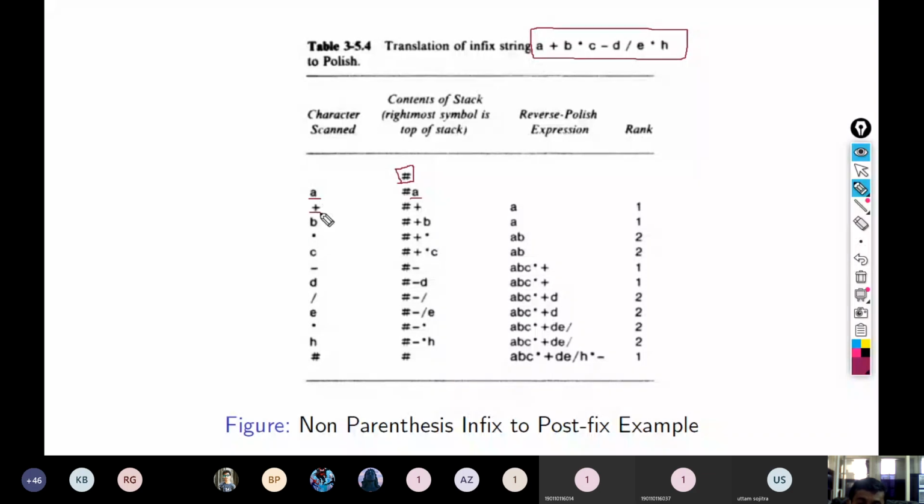Before pushing plus to the stack, we need to check the precedence function between the next character and the top of stack. The precedence function for an operand is 3. The precedence function for plus and minus is 1.